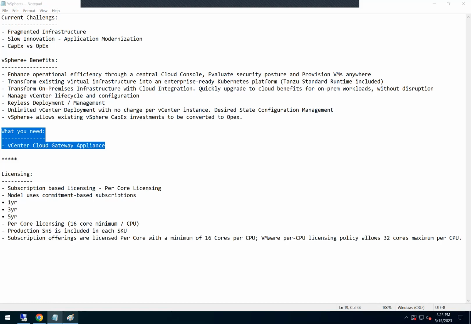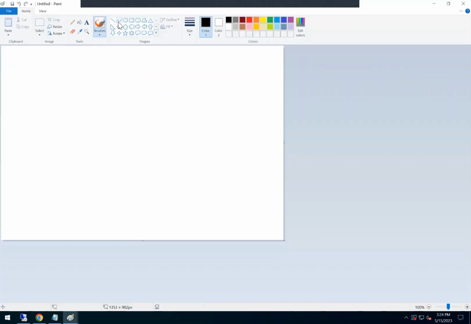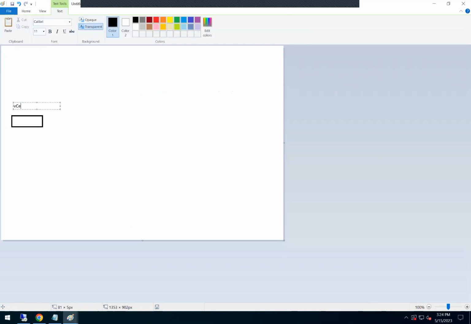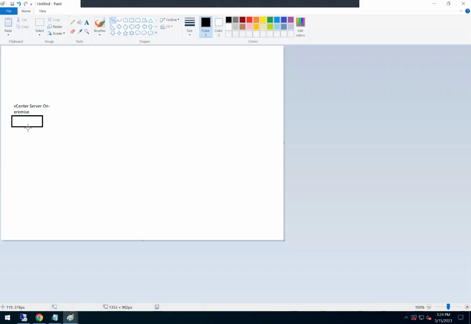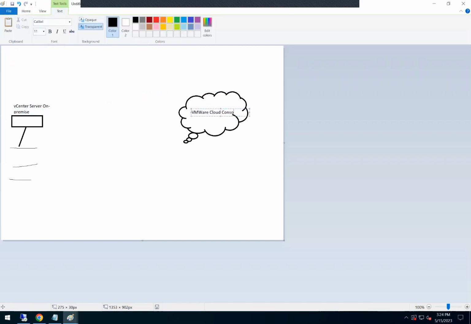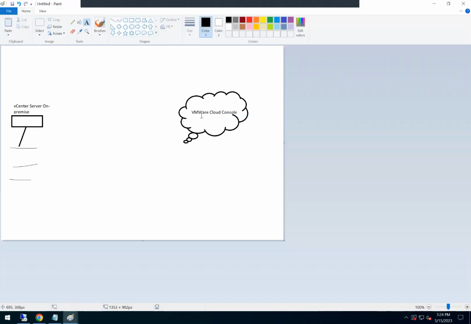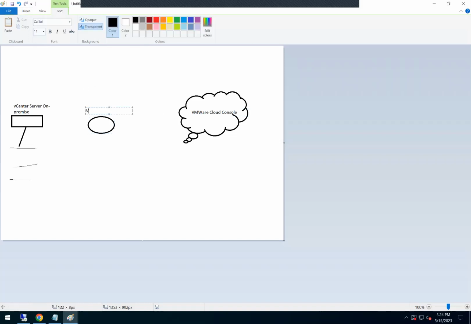Now, to have this working, you need to deploy a VMware Cloud appliance in your on-prem infrastructure. So how it works on a high level, say for example, you have your vCenter server, and this is on-prem, and it has multiple ESXi hosts. And this one is your VMware Cloud Console. Now you need to have a connection between these two things. So that's where your VMware vCenter Cloud